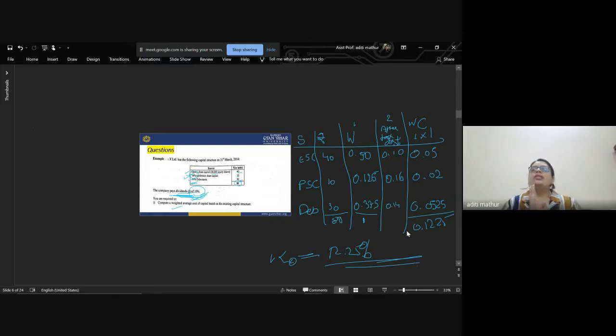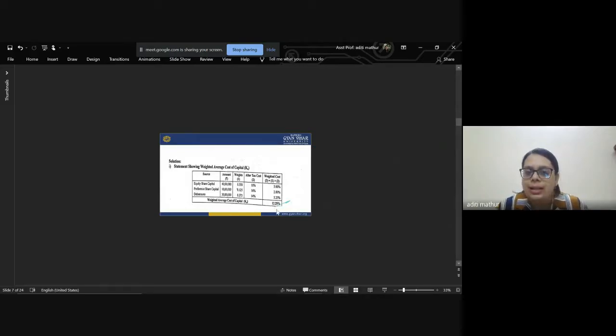right? So it is one of the very simplest and easiest methods, the way if you draw the table and do it. So always first column will be your sources of fund, then the amount of that source, then the weights, then the after tax cost, then we multiply and call it weighted cost, sum all the weighted costs, and your overall cost of capital is in front of you. So let us just check the correct answer. Yes, the correct answer is also 12.25%, right? And the same way it is being drawn.